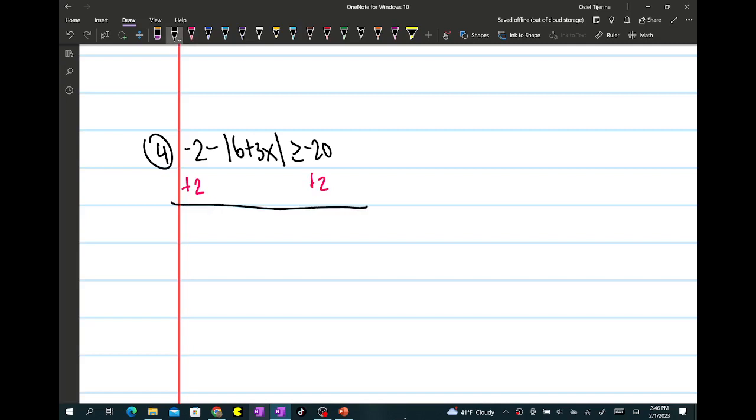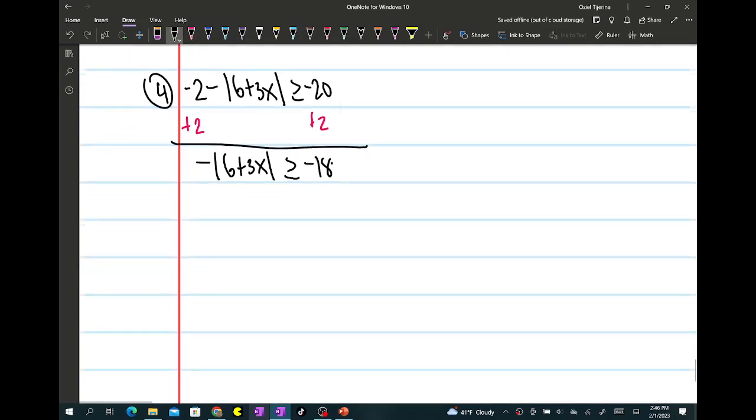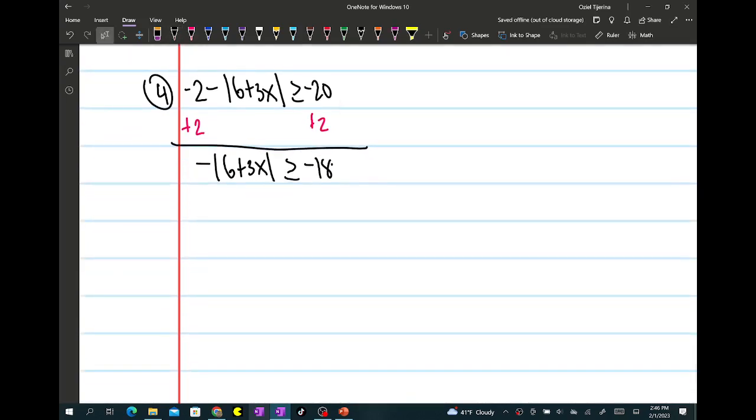So we have negative the absolute value of 6 plus 3x is greater than or equal to negative 18. And then we're going to go ahead and divide both sides by negative 1. Okay, so when we do that, we get the absolute value of 6 plus 3x is less than or equal